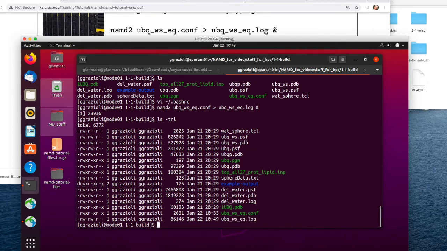But what if I want to check on what's going on in the log file? Well, I could open it up with an editor, but the better way to check is there's a Linux command called tail. What tail will do, so I'll do tail, and I'm going to say -f. Basically, that keeps it running. I can't remember what F stands for, but I know what it does. Actually, let me run it without the F first. So if I run just the tail function,